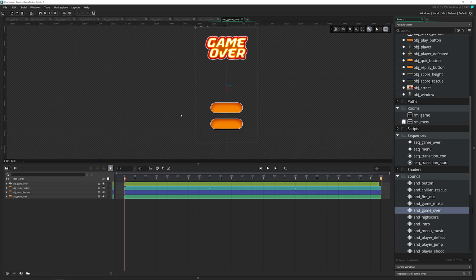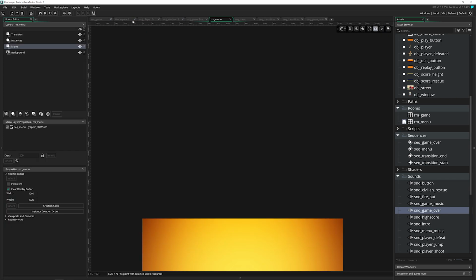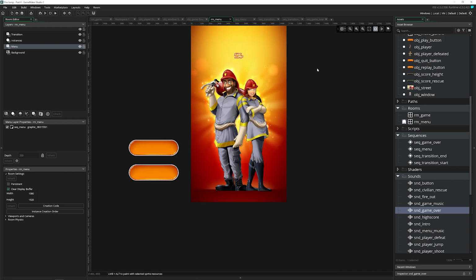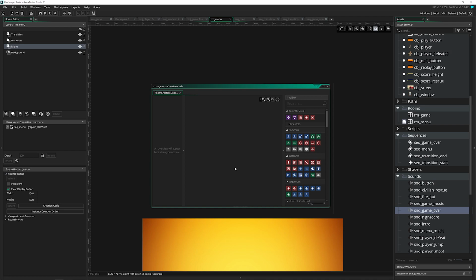Okay. Now we're going to add in the menu music, and we're going to do this through a new feature called creation code, which is really, really cool. Let's go to room menu, and inside of here, I'm going to go down to creation code. And this opens up a new code window that we can actually drag our blocks into. And this is only going to run once when the room gets created. And this is great because we don't need to make a whole new object or do something to get our audio running, because when we go into this room, we know we're always going to want to have the menu